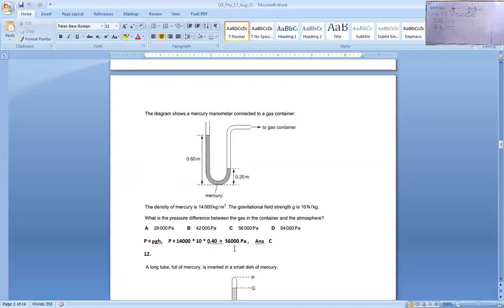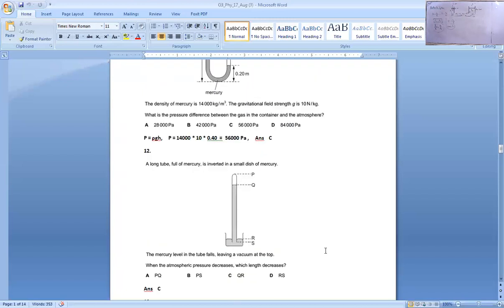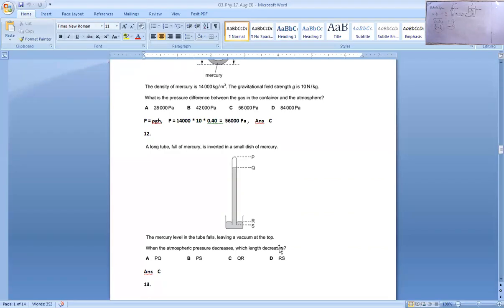comes out to be 56,000 Pascal. Number 12, a long tube full of mercury is inverted in a small dish of mercury. The mercury level in the tube falls, leaving a vacuum at the top. When the atmospheric pressure decreases,